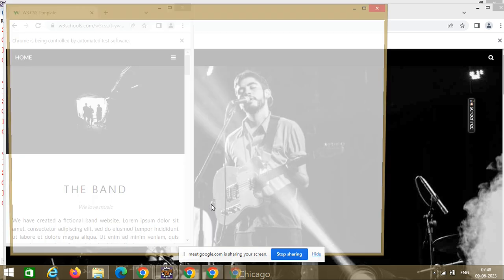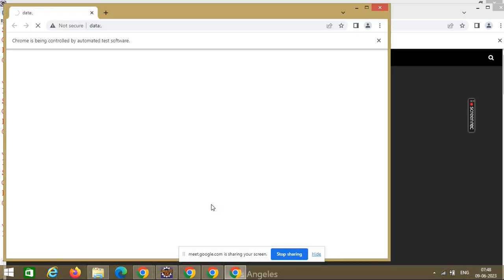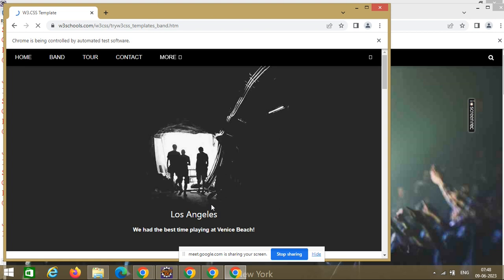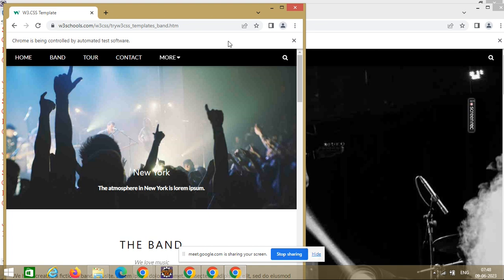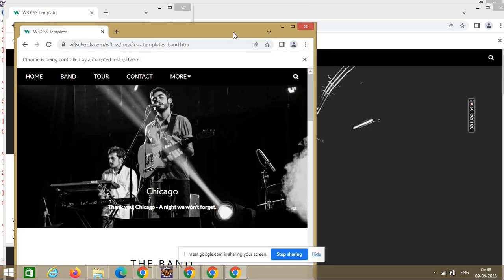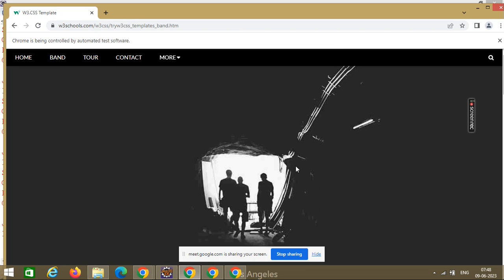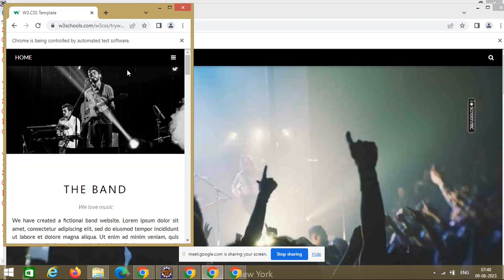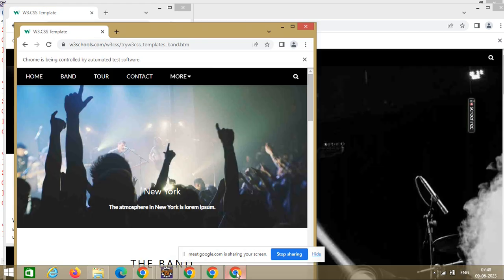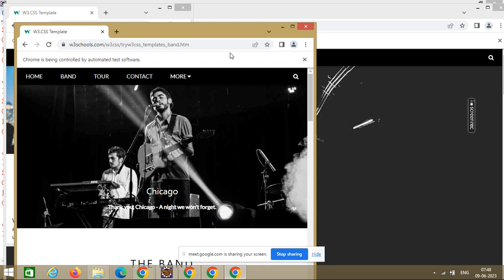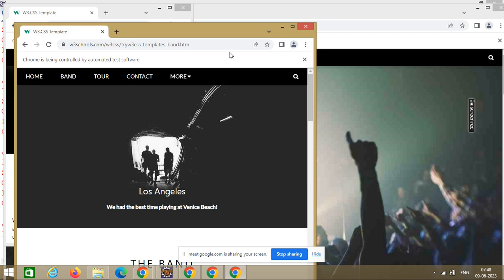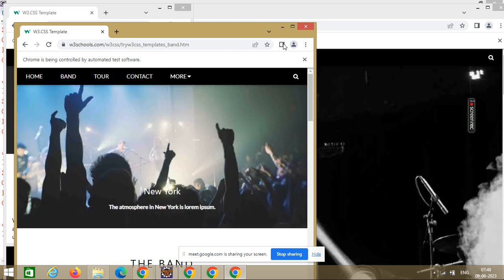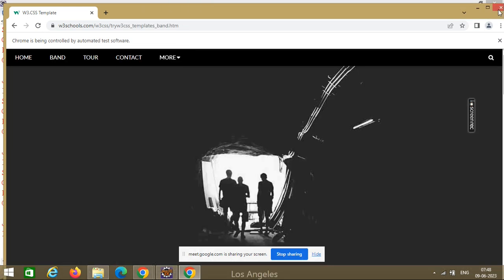So now you see it is open. It is reading the data from the Excel sheet and opening 3 browsers with 3 different resolutions. You see, the one below is opening in a different dimension, then this one opens in a different dimension, and this one in another dimension. 3 browsers are open with 3 different dimensions. So it is reading the data from the Excel and on that basis it is opening the data on the browser. And after that if I close this also,